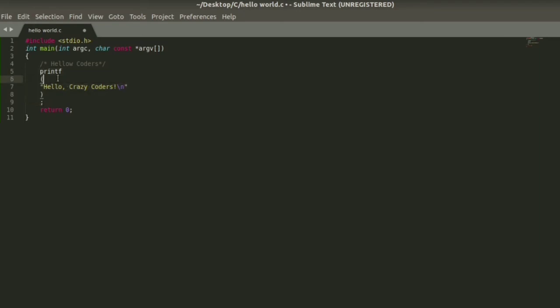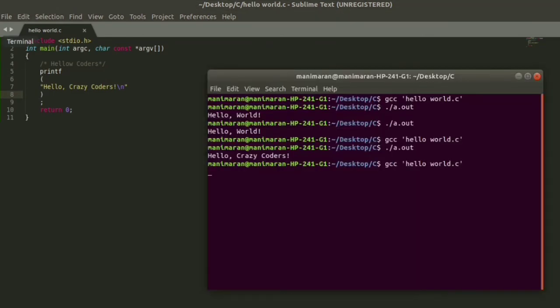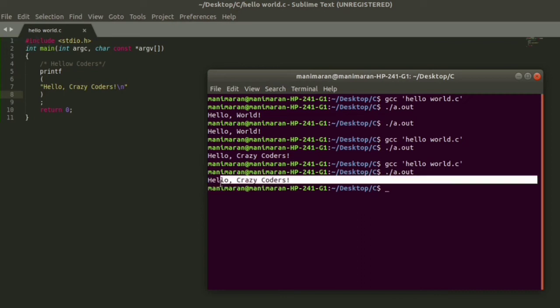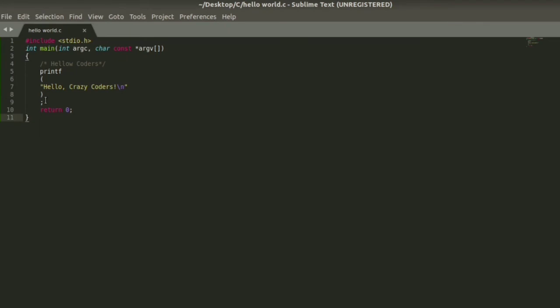Let's save this file and open the terminal to compile and run the program again. Compile it and run the a.out file. It returns hello crazy coders again. Whether you write the printf function over five lines or in a single line, it prints the same result, as we tried both ways.